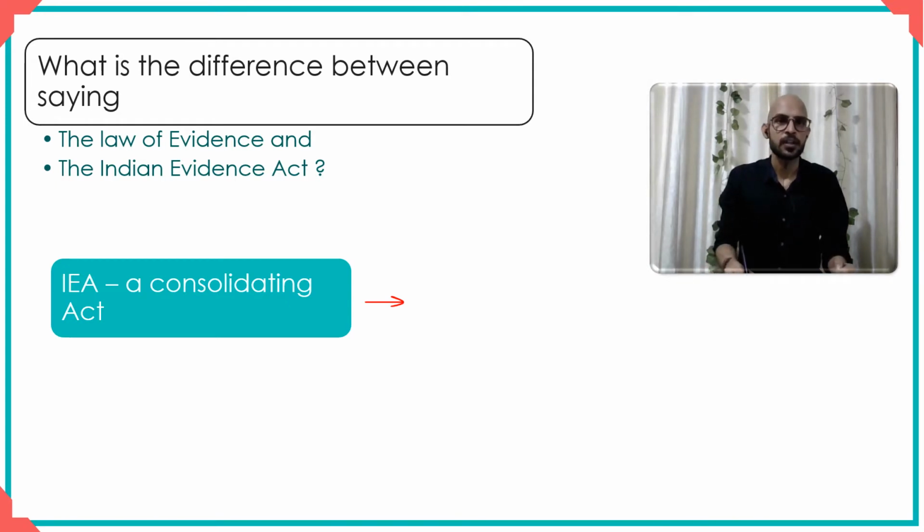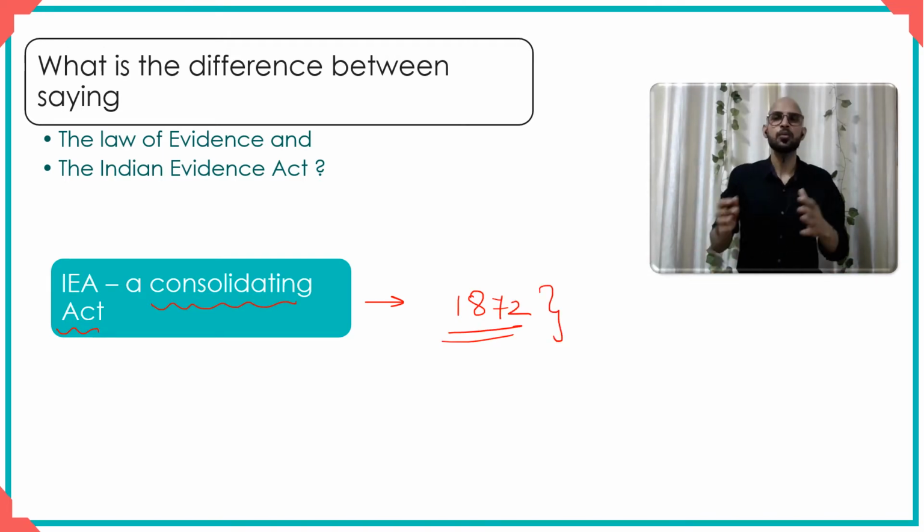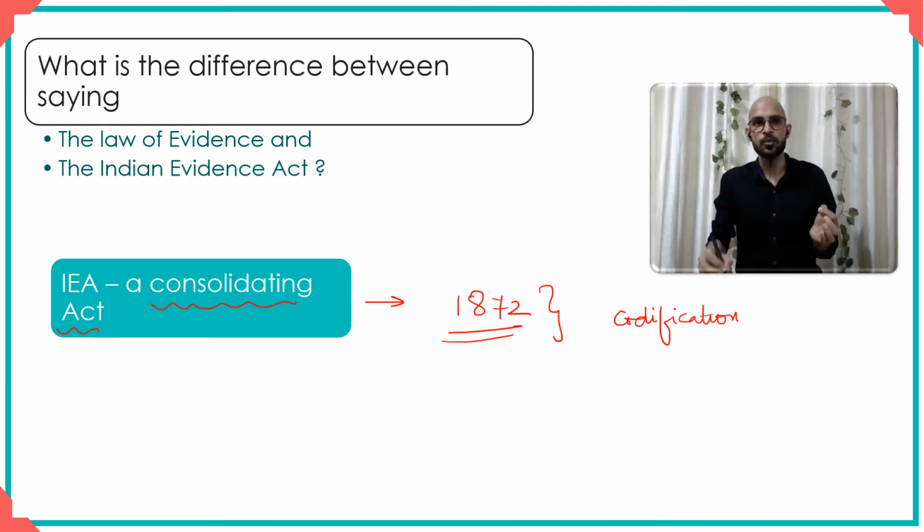You see, consolidation, this word itself is kind of self-explanatory. So consolidation means that, let us say, at the time when this law was enacted, 1872, local courts had their own laws relating to procedure and evidence, right? So what was decided when this act was passed was that there should be a consolidation of existing laws, and then that is codified. Okay, so there's a codification, and that statute consolidates all of those laws which were otherwise very fragmented,